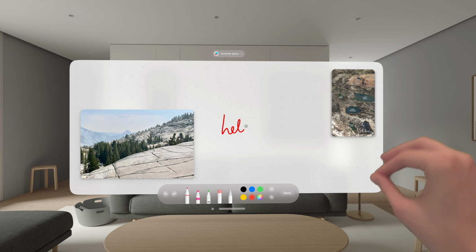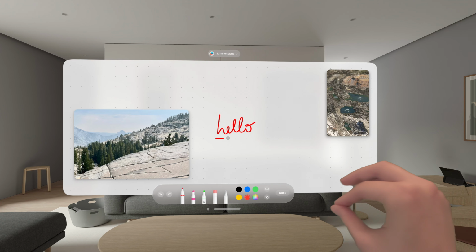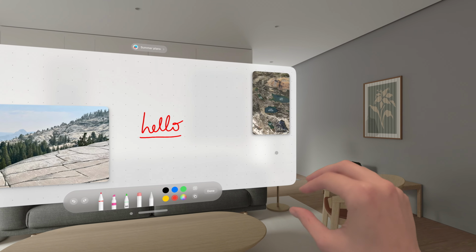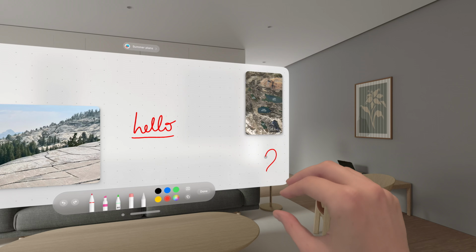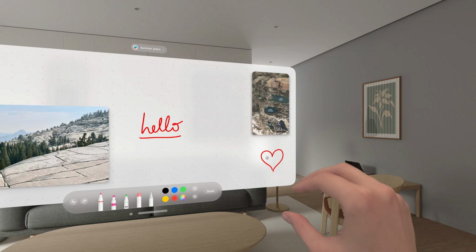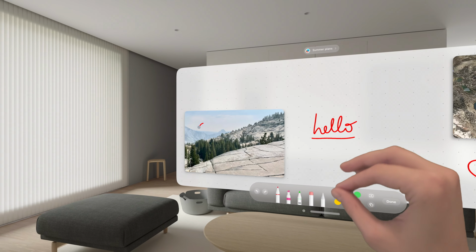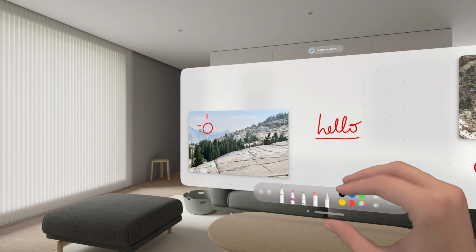This feels really magical and 100% expected at the same time. The point you're looking at naturally indicates the intent of that interaction. Another example of this behavior is pointer movement in Markup. To draw, you control the brush cursor with your hand, similar to a mouse pointer. But then, if you look to the other side of the canvas and tap, the cursor jumps there, landing right where you're looking. This creates a sense of accuracy and helps to cover the large canvas quickly.